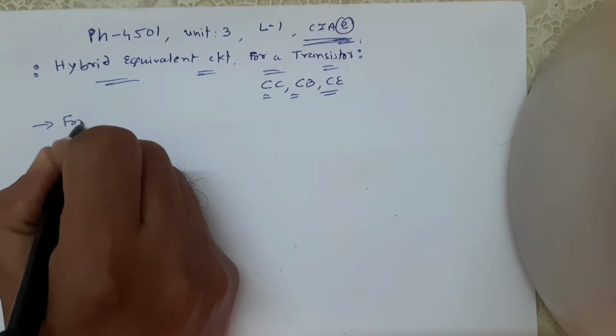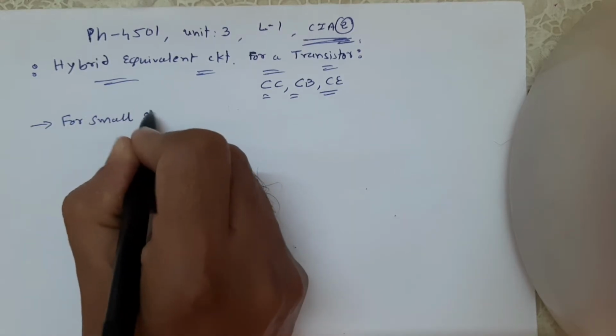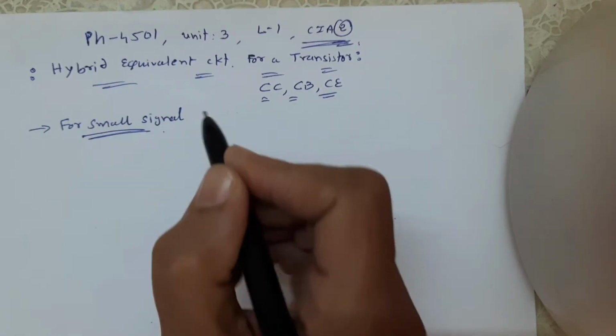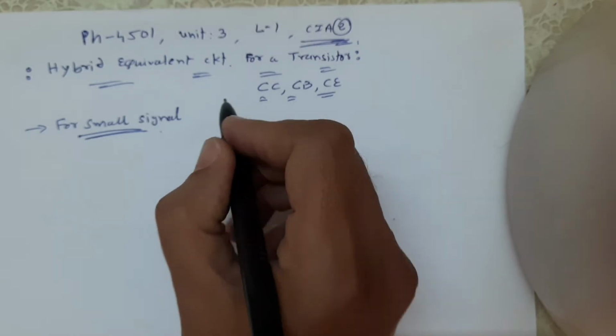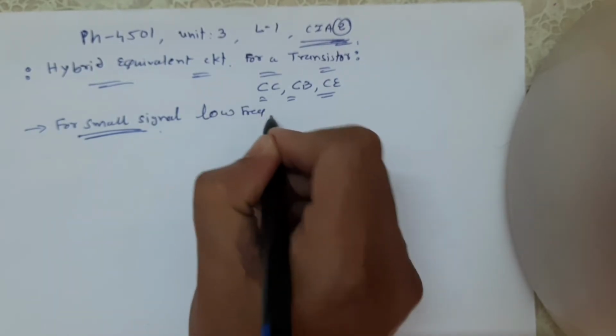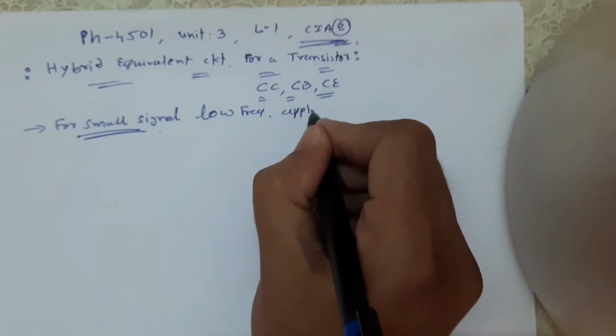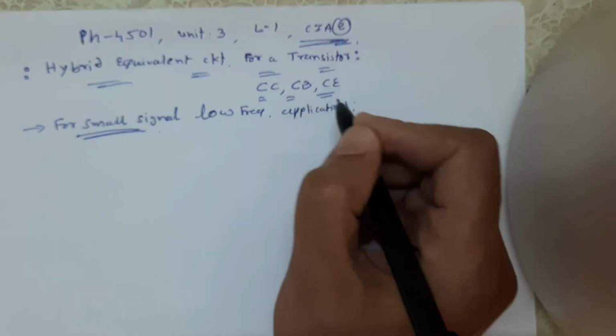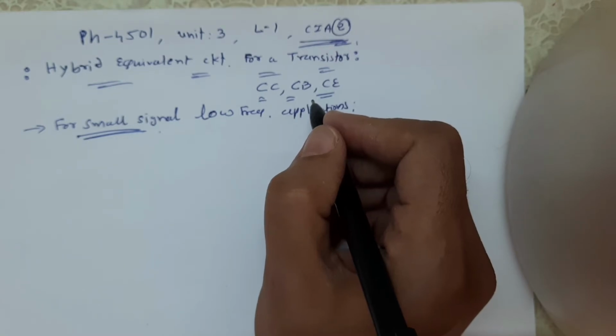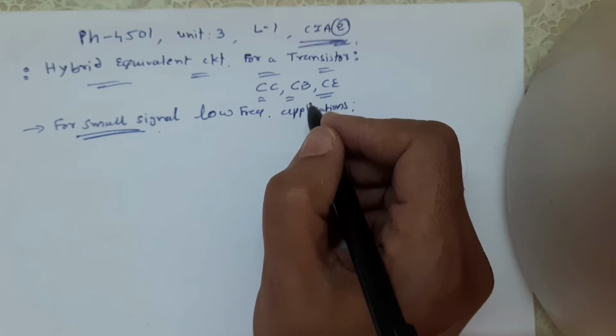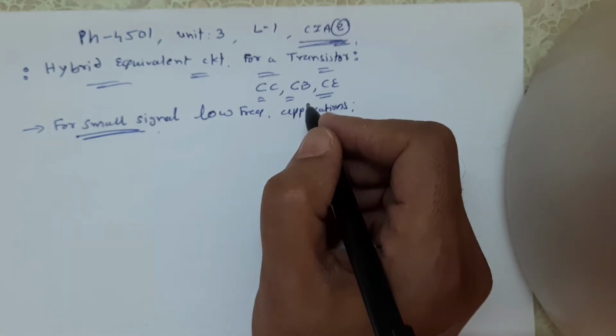So for small signal, low frequency application, the equivalent circuit and equations assume that the operating point has been chosen correctly and does not involve biasing resistors. However, a practical circuit can always be put in the necessary form so that the equivalent circuit and equations can be used for a given transistor.